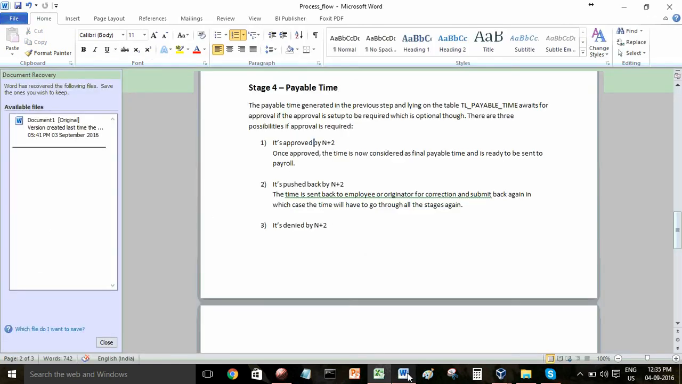So as I said, the payable time is stored in this table, and until it is approved, it stays in the unapproved status. But when it is approved, it will reside on the same table, but it will be in the approved status. Okay, so